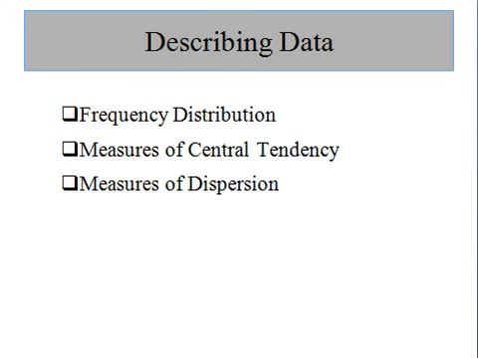Another example could be weight and maybe blood pressure. That's also my bivariate data example. Okay, multivariate data arise when observations are made on more than one variable. So, for example, blood pressure, cholesterol level, weight of